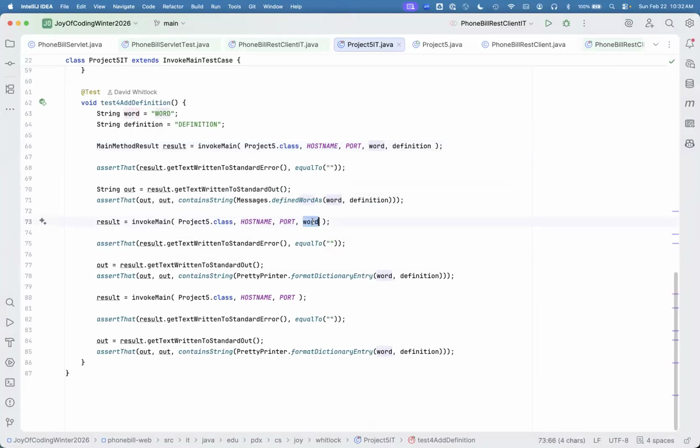So then we're just going to get the definition by only passing in the word, making sure that that works. And then we're going to get all of the entries and make sure that that's there too. So the bottom line here is that,